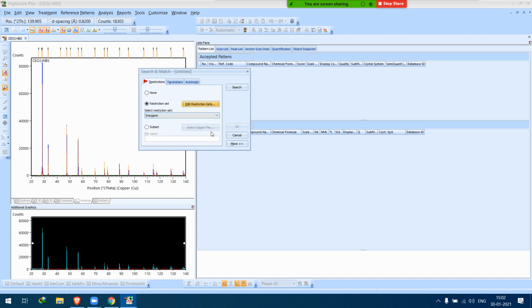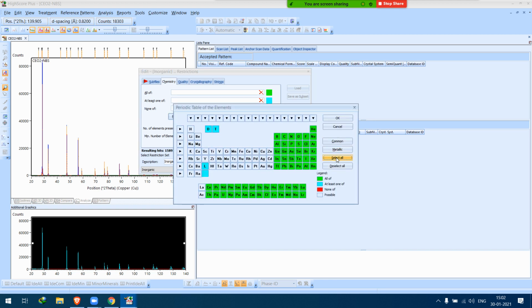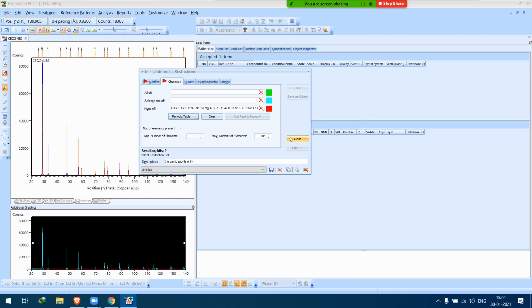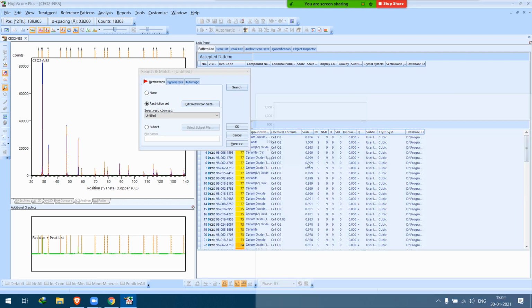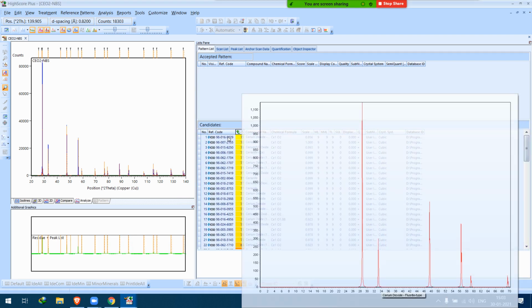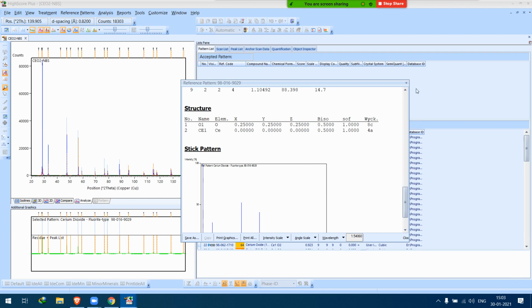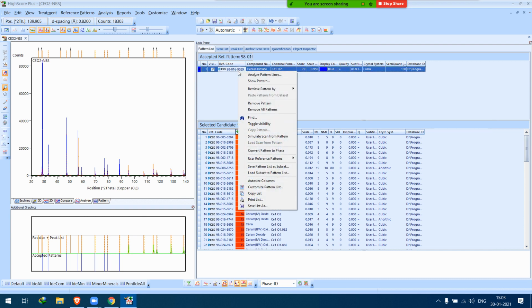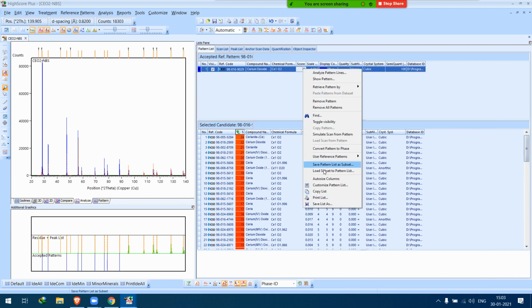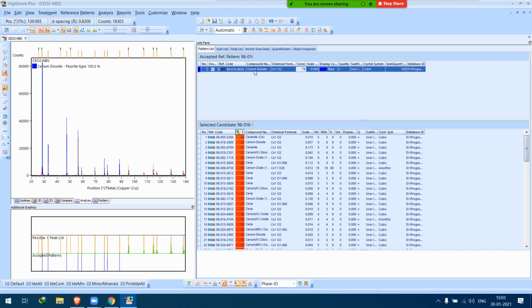So in the periodic table, select all, cerium oxide. Okay, close, search. Okay, it's there.